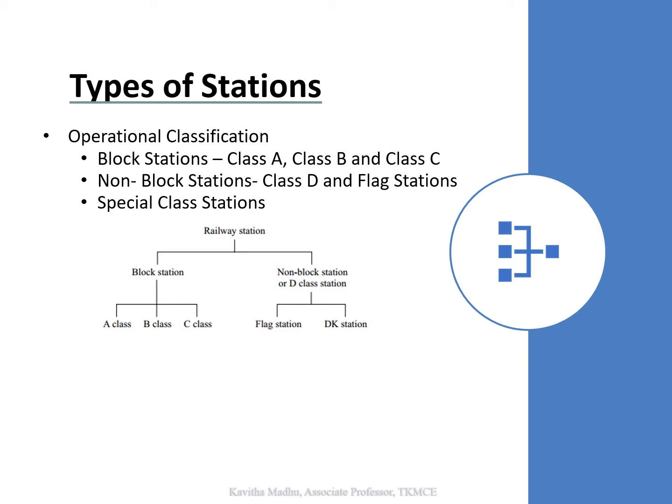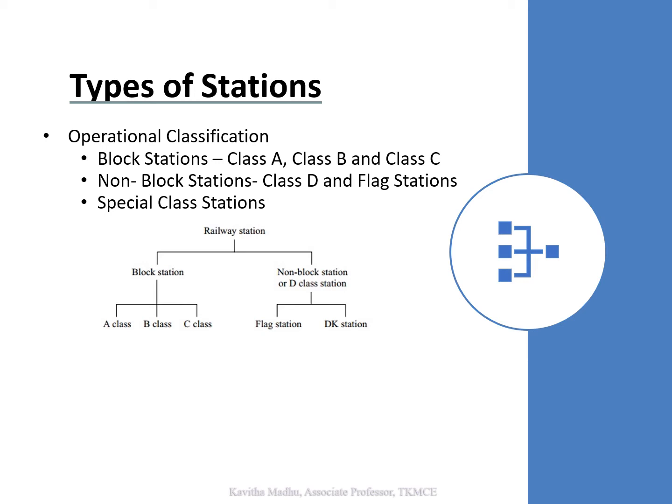So in the block station, when studying about the control of train movement, we discuss about the absolute block system. So the entire route can be divided into blocks. The block sections are sort of compartments in the railway line, and it is divided in such a way to enhance the safe spacing between the trains. So the block stations are made at the end of each block section and are equipped with signals which demarcate the limit of the block section.